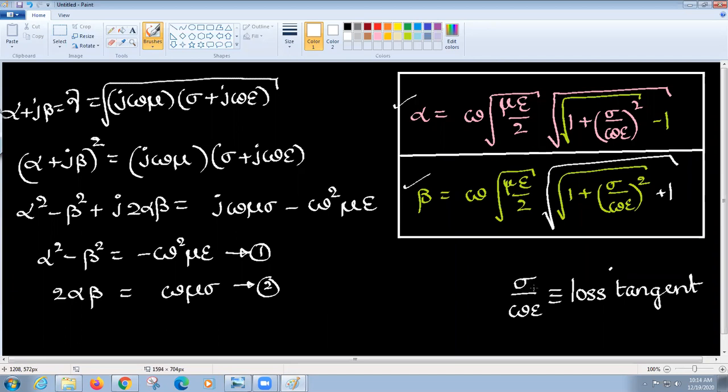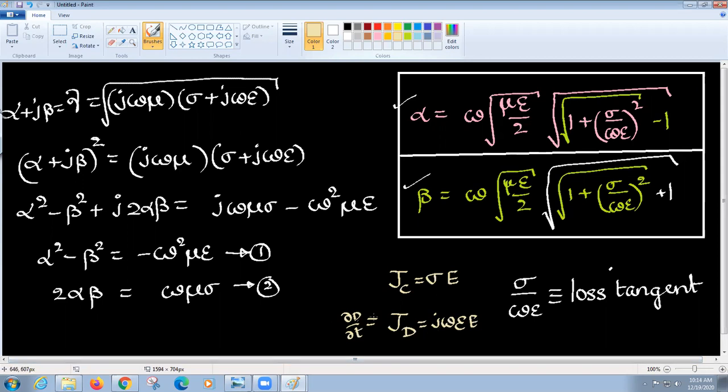This sigma by omega epsilon, whatever, actually what we do is wave is propagating, say, in a conducting medium, say I have JC, propagating in a dielectric medium, I have JD. So what is JC here? Can I say JC is equal to sigma E, conduction current density? And in phasor form, JD is equal to what? Generally, JD is equal to dou D by dou T. So if I take phasor form, dou by dou T becomes j omega. D is equal to epsilon E.